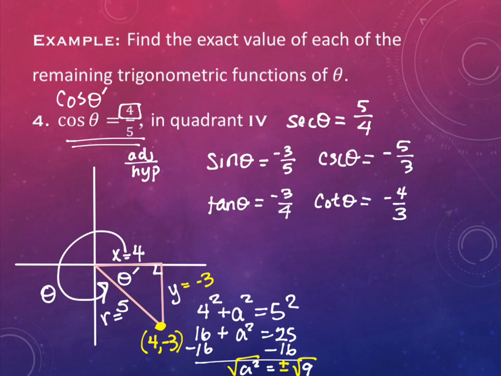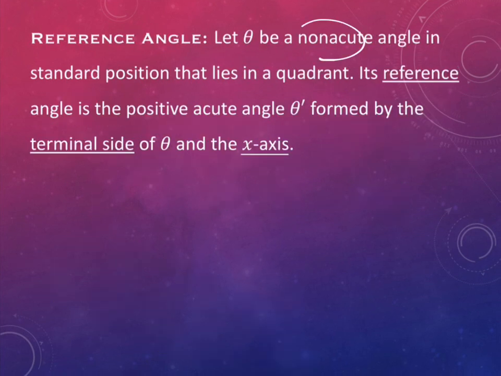It's not acute. It's definitely bigger than a 90-degree mark. So all of those things are included in this non-acute thing. It's just telling you that the angle measure is bigger than 90, right? Bigger than or equal to even 90. So it's a non-acute angle. In standard position means that the initial side starts on the positive x-axis,